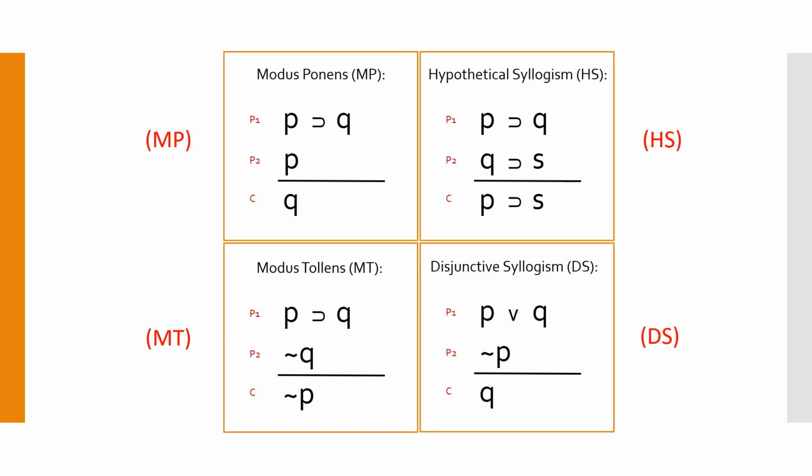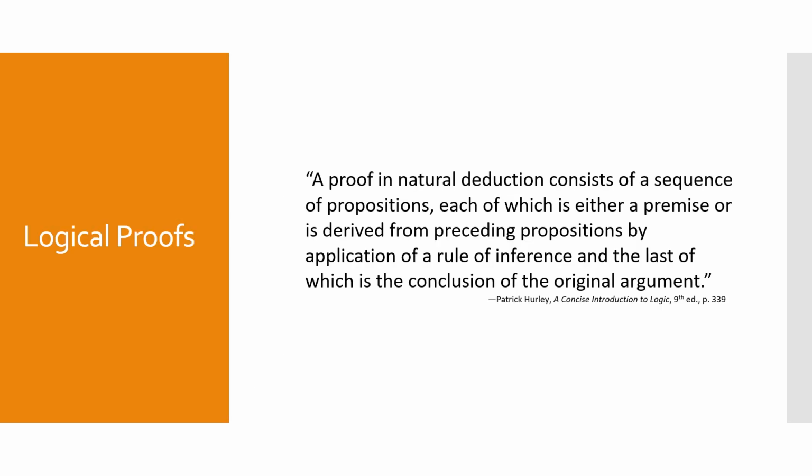Since each of these distinct rules is a valid form of argument considered by itself, we find that any conclusion derived entirely from their correct use will necessarily result in a valid argument. Now, the core idea of what a proof is can be summed up very clearly in this way. A proof in natural deduction consists of a sequence of propositions, each of which is either a premise or is derived from a preceding proposition by application of a rule of inference, and the last of which is the conclusion